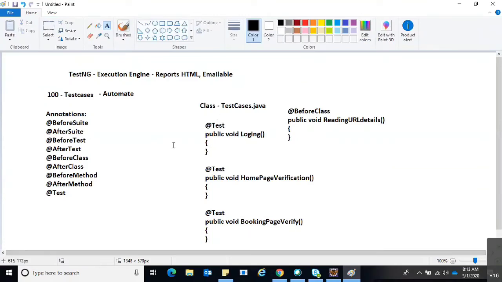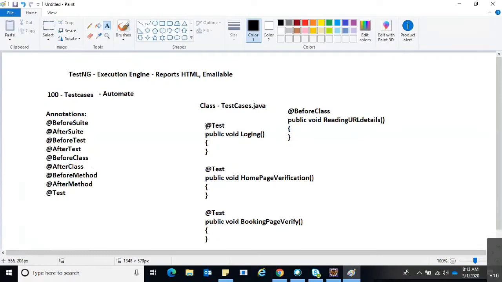After completing all the test cases, before wrapping up, it will go to @AfterClass and run it. We mention different things in each annotation, and it makes things get done easily.